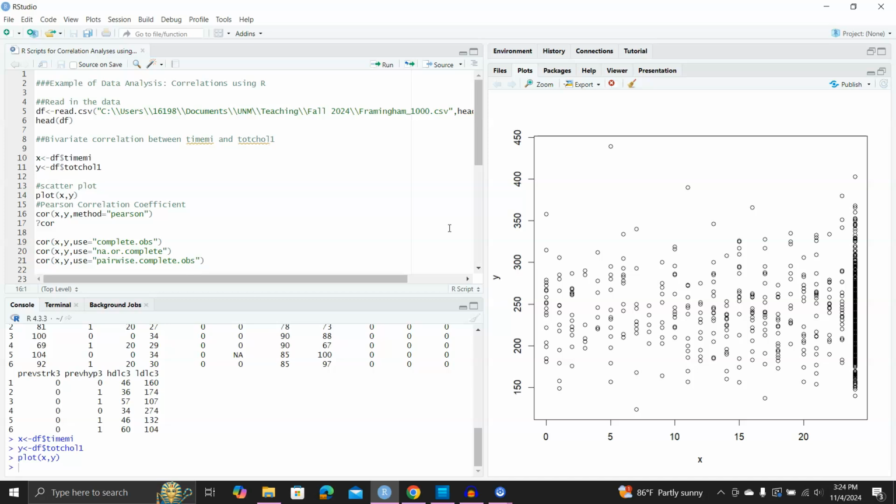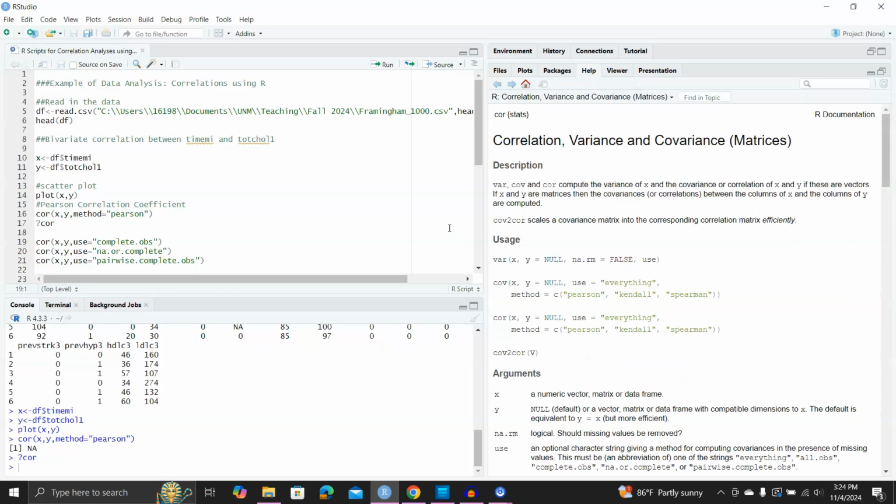by using the cor function, cor(X, Y), with method equal to Pearson. And whoops, it gave us an NA. Why that happens is probably because there are missing data in X or Y. So how to deal with missing data? Let's look for the help file here. You can see the cor and it looks like